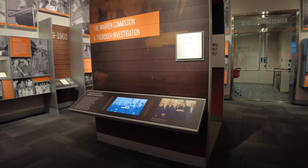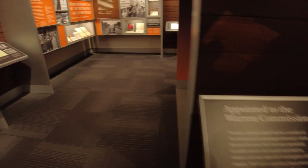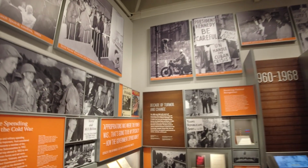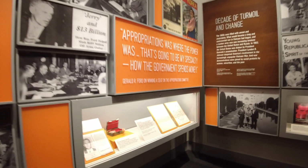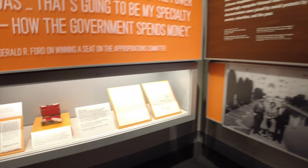He did serve on the Warren Commission, which of course investigated the Kennedy assassination. We know now that they did either a terrible job or were part of the cover-up. Because they came up with the whole lone gunman. Oswald was the lone gunman. And, well, there's still a lot of theories on that, but...